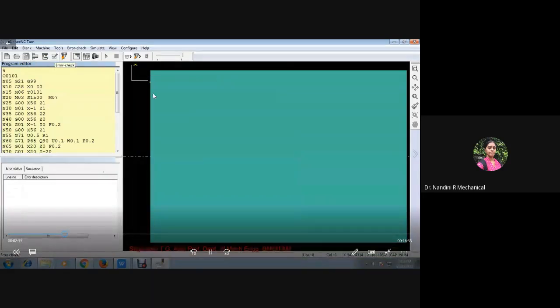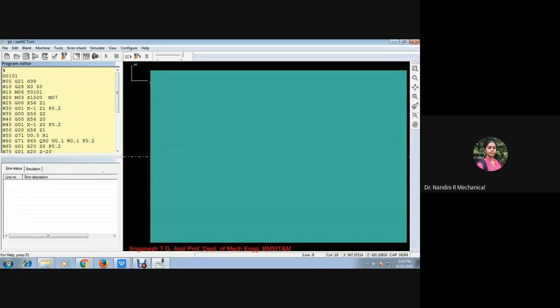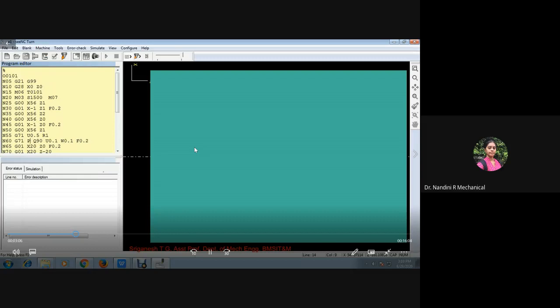First, you have to create the outer blank, whose dimension will be more than the required. Now it is showing that no feed rate command is given, so he has to assign the feed rate value here. The feed rate is given as F equal to 0.2. There was some error in the program, so he is cross-checking. Now I think it is okay. No error. You have set the blank with a dimension a little more than the required, not too high.